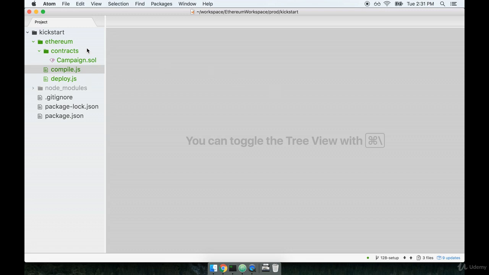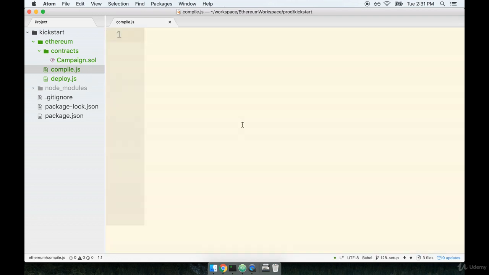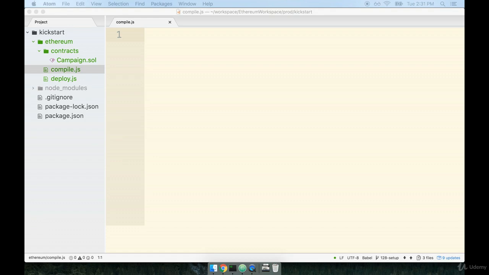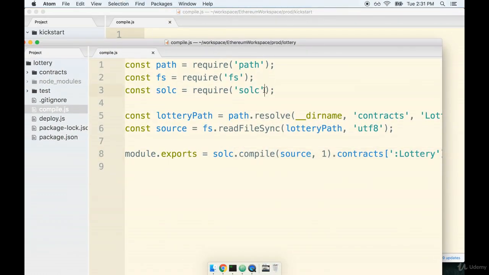In the last section, we made a couple of different files and folders inside of our Ethereum directory. We're now going to start working on our compile.js file. Before we start writing any code in here, I want to remind you how we did things previously back on